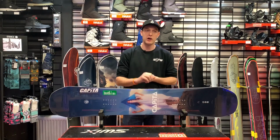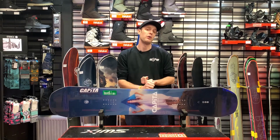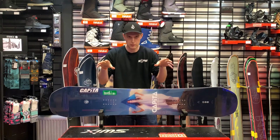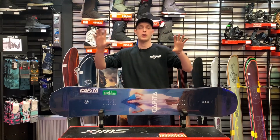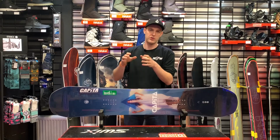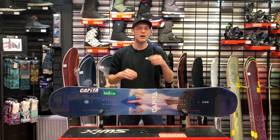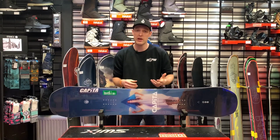So I'll start with freeride. Freeride is about downhill, speed and powder. Within freeride, there are sort of 2 separate categories. You've got carving and you've got powder. So you've got carving specific boards and then powder boards. Generally with a freeride board, it's going to be a directional shape, tapered. You might have things like swallowtails on them,